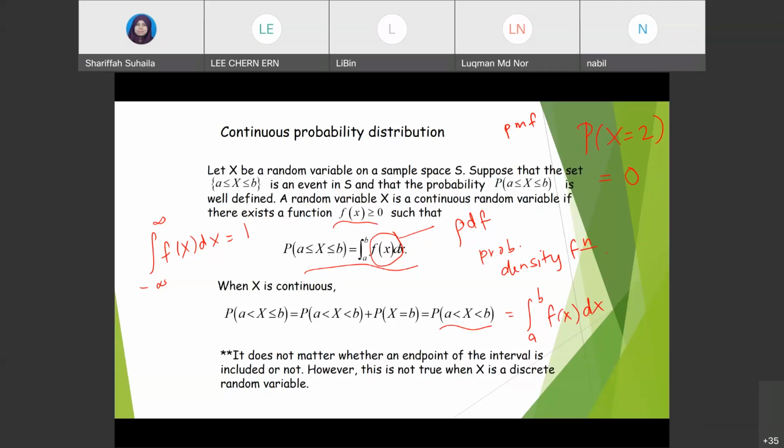So that's why it states here that it does not matter whether an endpoint of the interval is included or not. Regardless of equality signs, you still integrate over the range given, f(x) dx. But this is not true when your x is a discrete random variable. So if this one is a discrete, if you have probability